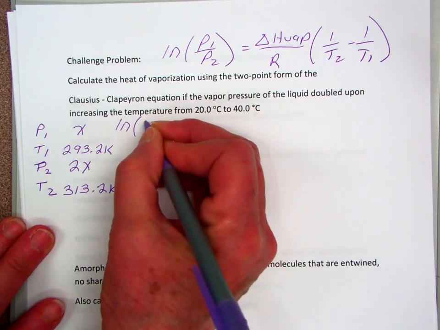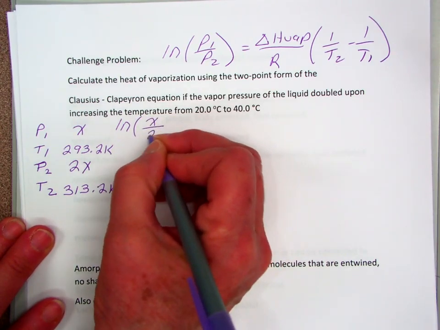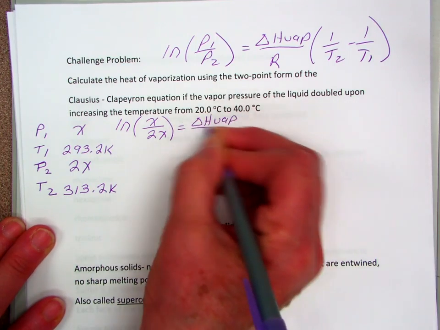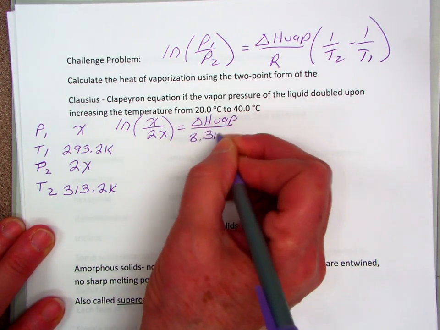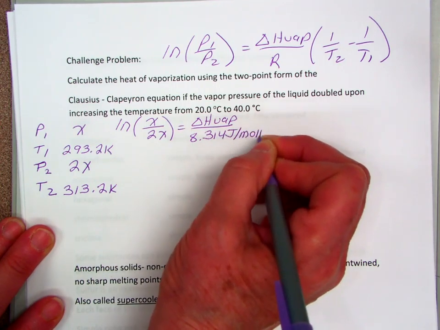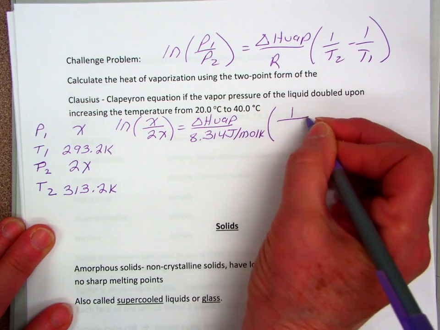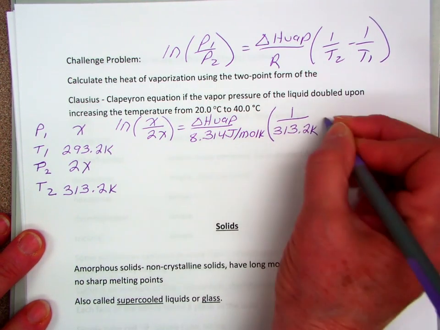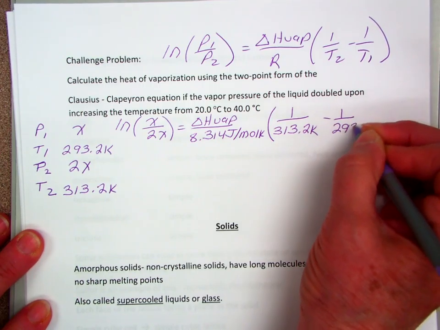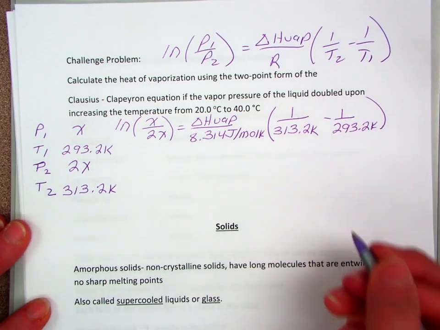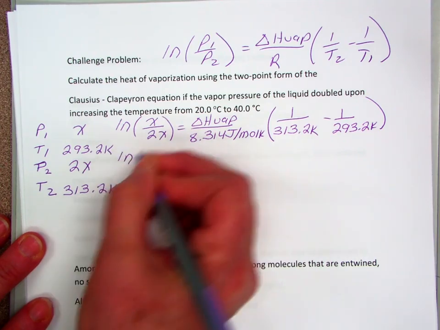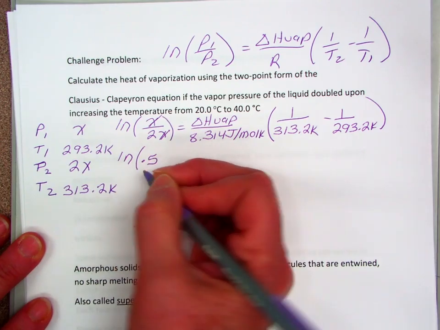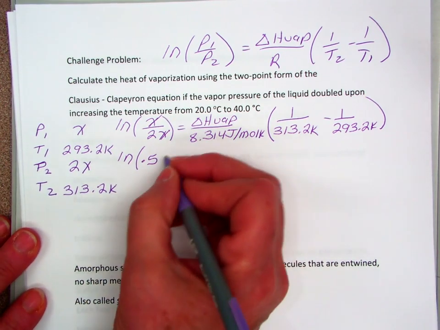The natural log of P1, which we've called x, over 2x, P2, is equal to our unknown enthalpy of vaporization divided by R, 8.314 joules per mole Kelvin, times the reciprocal of the Kelvin temperatures, 1 over 313.2 Kelvin minus 1 over 293.2 Kelvin. So now we get x divided by 2x. The x's cancel, so we get 1/2. This is doubled, so we're going to get as many sig figs as we want. The natural log of 0.5